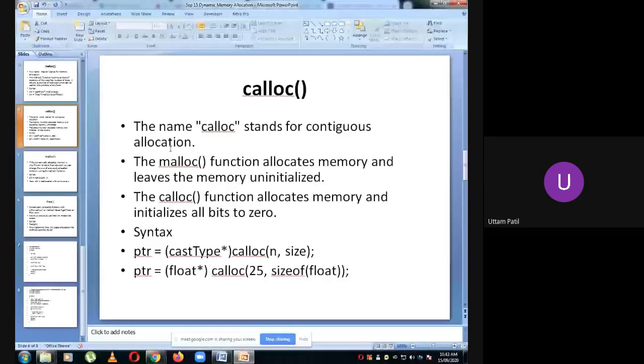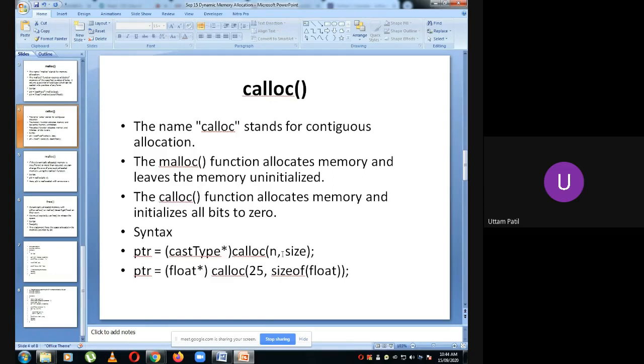Now mainly calloc is used when we want to allocate the memory for an array. We want a block of memory to be allocated. So the syntax is ptr equals cast type star calloc, which you have seen even in the previous example. Calloc is the name of the function. Then it is n comma size. So for size you can write sizeof int or something.